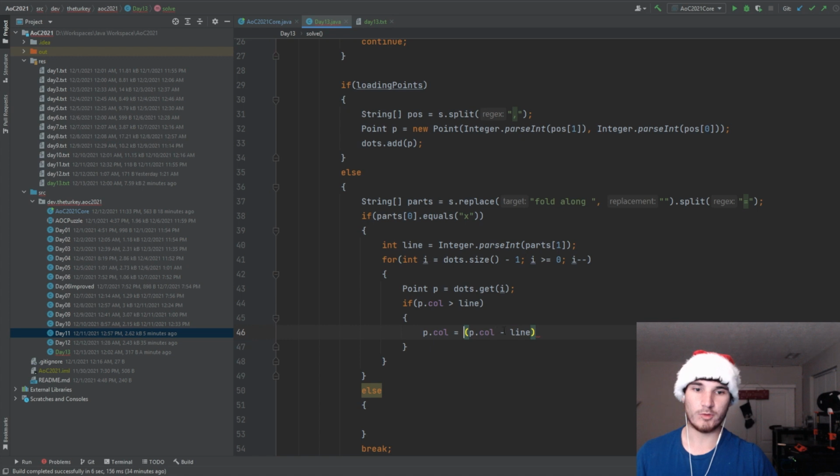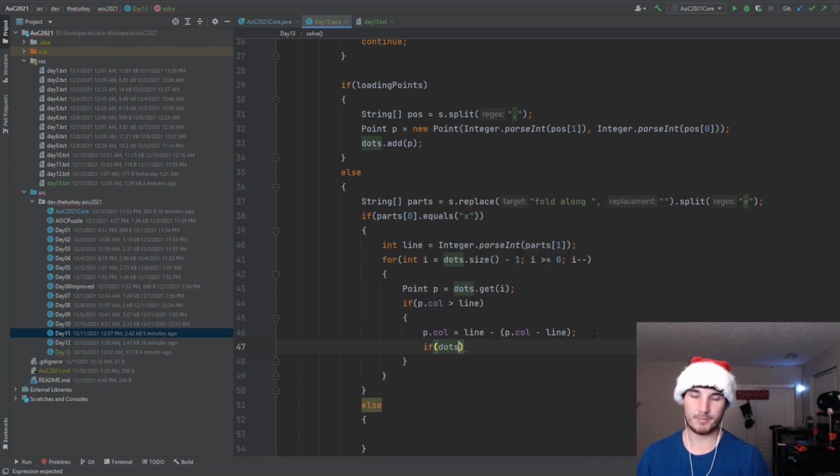No. Equals line minus that, right? Yes. And then now I need to check if dots